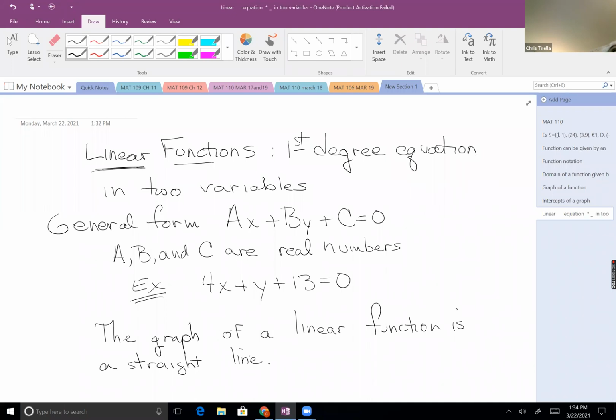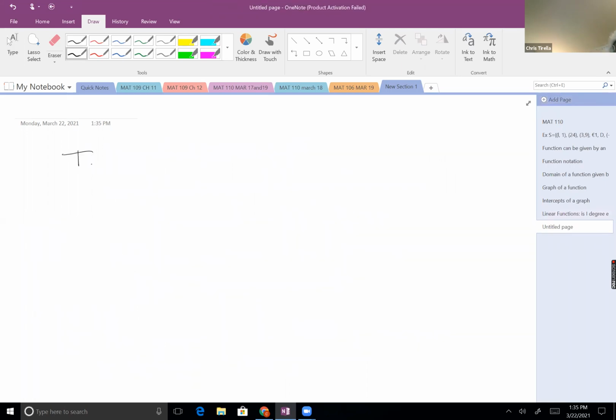And so section 2.1 deals with what makes something a function or not and finding the domain and range of a function. 2.3 spends a lot of time looking at these linear ones and looking at their graphs. And we're going to find that there are several ways that we can use to graph a line. I think there was a question asking us to graph this way on that last test. So to graph a line,